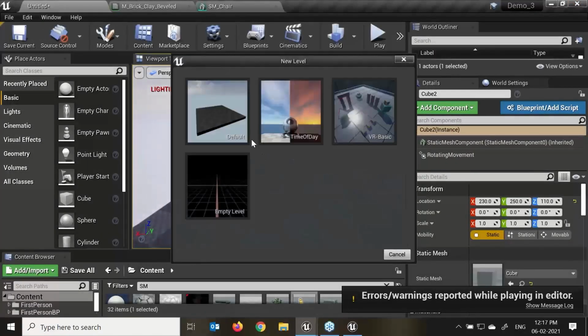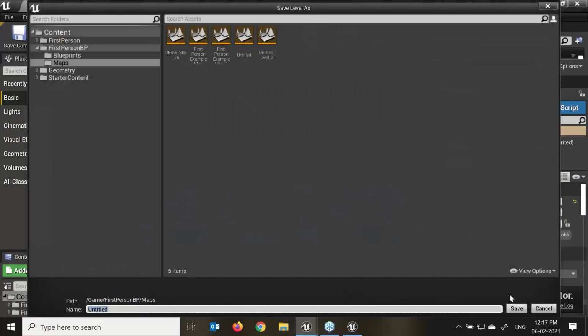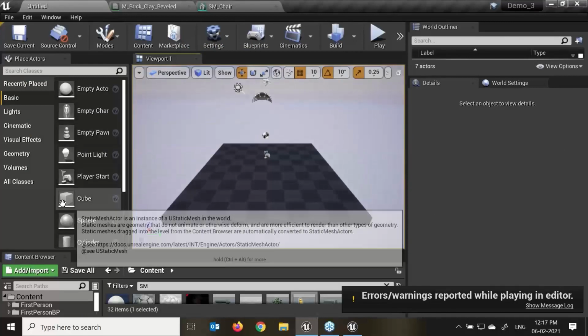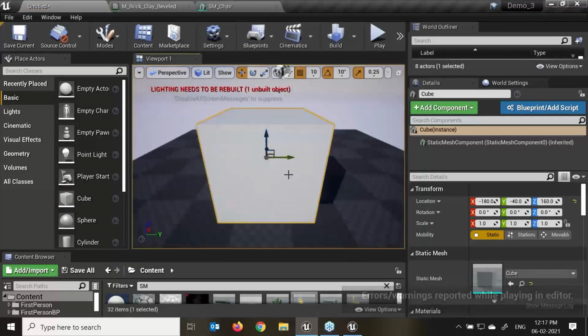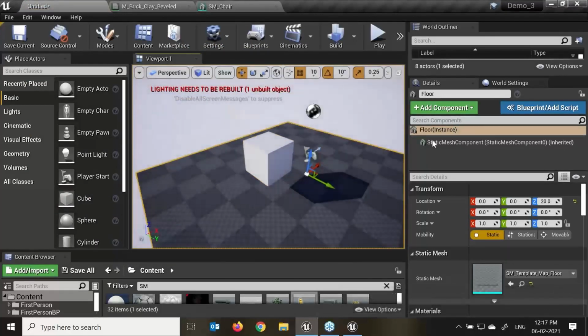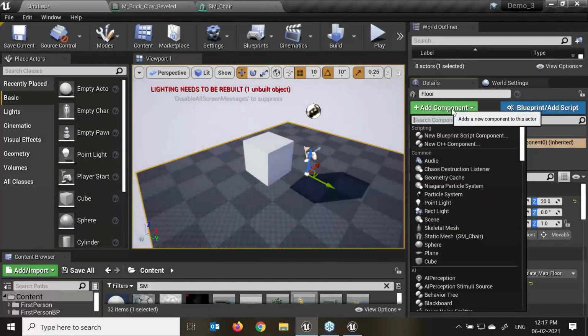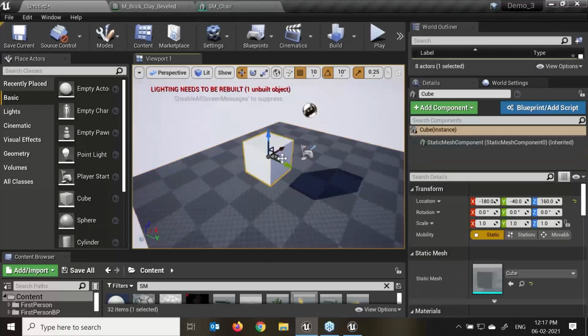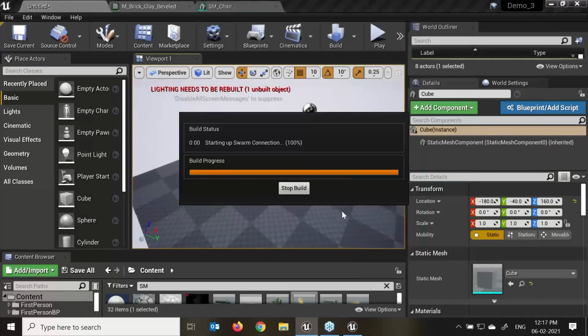Let me create one more level. Simply save selected, it will replace the same level. I'll drag my cube over here. Select, press F. I'll go to my add component. For example, we have applied the rotating movement here. Select this object and build lights only.